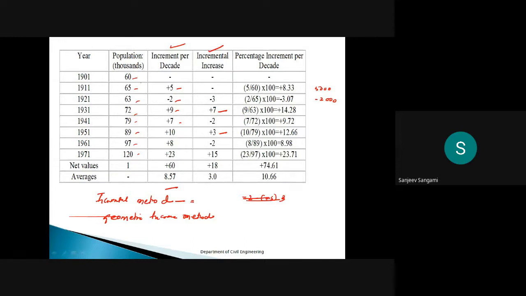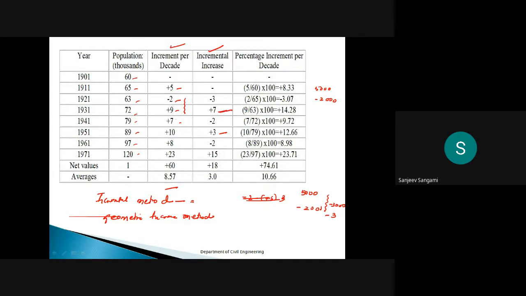See, previously here it is 5, but from here to here there is a decrease in the population. That was a 5000 increment, and again it is a decrement. If you see how much it is decreased, that will be minus 3000. So I have to write it as minus 3. But from here to here, compared to this, here it was 2000, here it was 9. How much was it increased? Again you can see an increase of 7000. So I have to write it as plus.